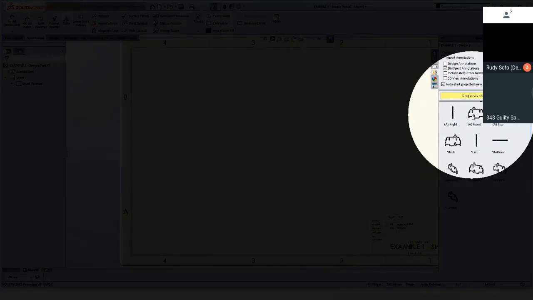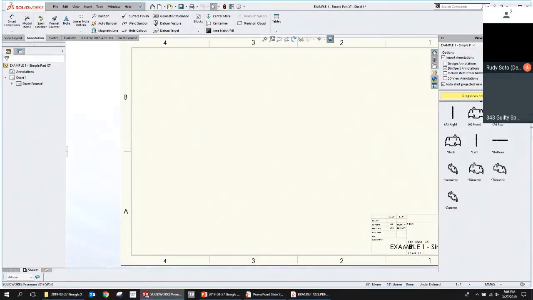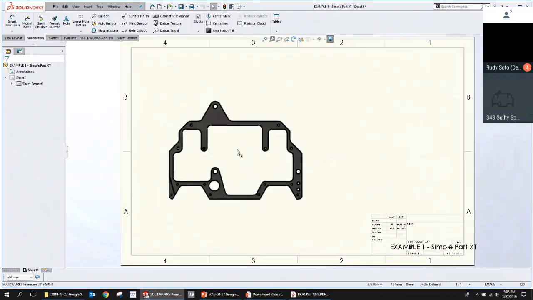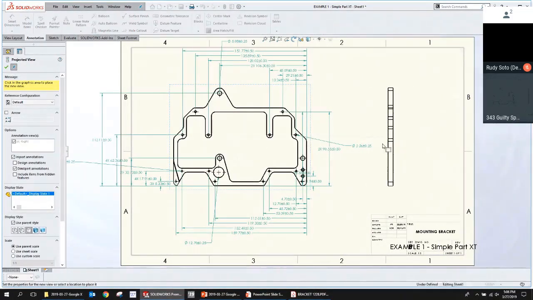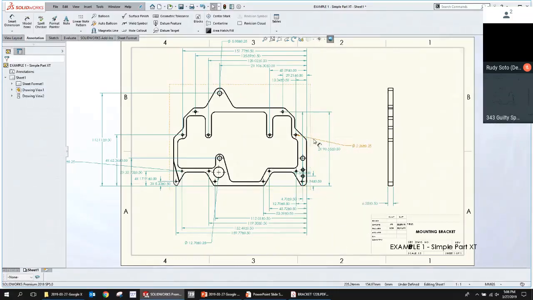So when you bring it in, any dimensions that are assigned to that annotation view are going to come in as well. It was an option that SolidWorks added a few years ago to control which dimensions show up when you bring in a drawing view. So there, those dimensions show up, there, just that dimension shows up. As opposed to letting the software kind of decide what's going to show up in the drawing. You can control it ahead of time.